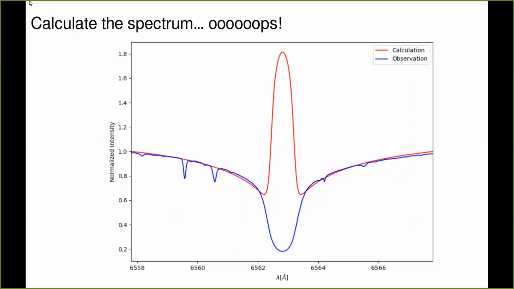And then the next thing, finally, we can take this opacity and emissivity, calculate the spectrum, and if we did this for our H alpha in the wings, it would look neat. Okay, not bad. When we go to the line core, it's completely the opposite with respect to the observation. Well, one of the assumptions that we made was wrong. Which one was that?